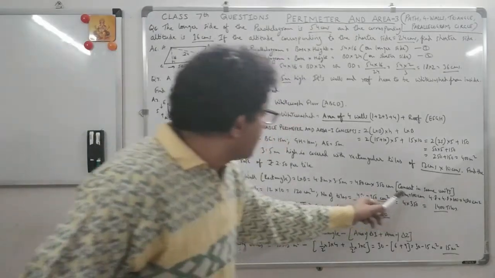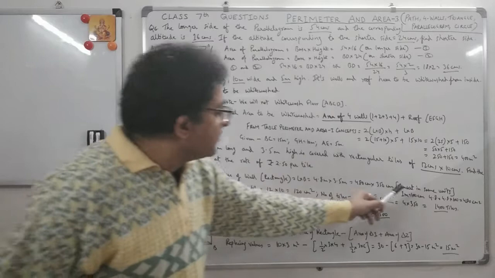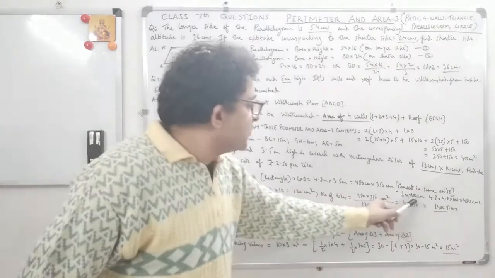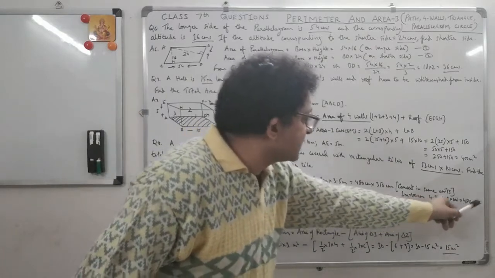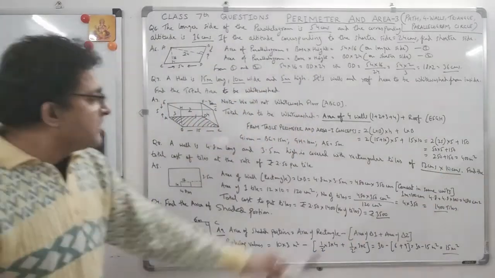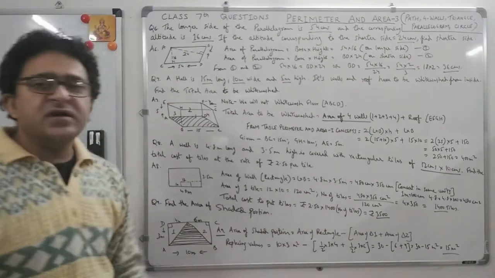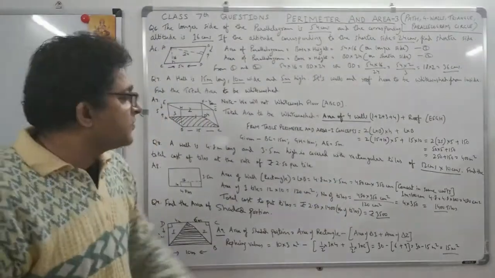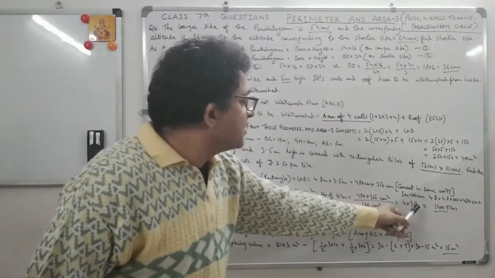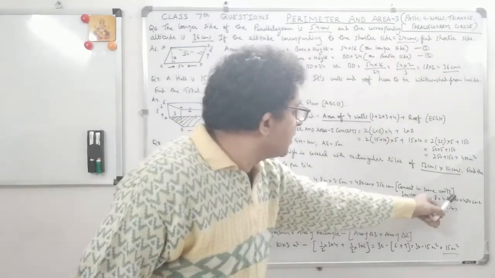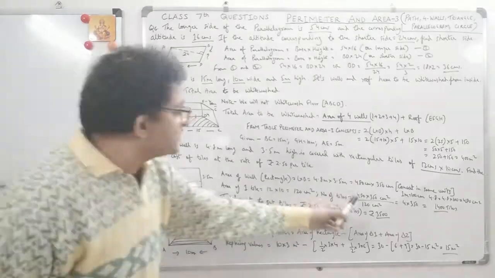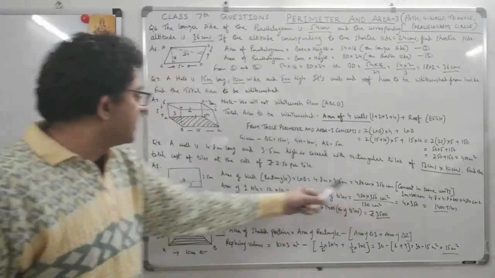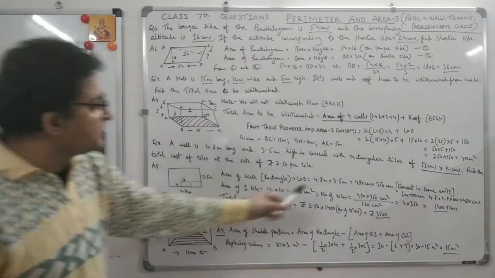Because now what happens to 480 centimeters? We know 1 meter is equal to 100 centimeter, right? So 4.8 meters will be 4.8 into 100, which is 480 centimeters, right? Simple. 4.8 meter has to be converted to centimeters. So 1 meter 100 centimeter, 4.8 meter is 4.8 into 100, which is 480 centimeters. Same way, so 480 centimeters into 350 centimeters, right? Because again 3.5 meter becomes 350 centimeters.